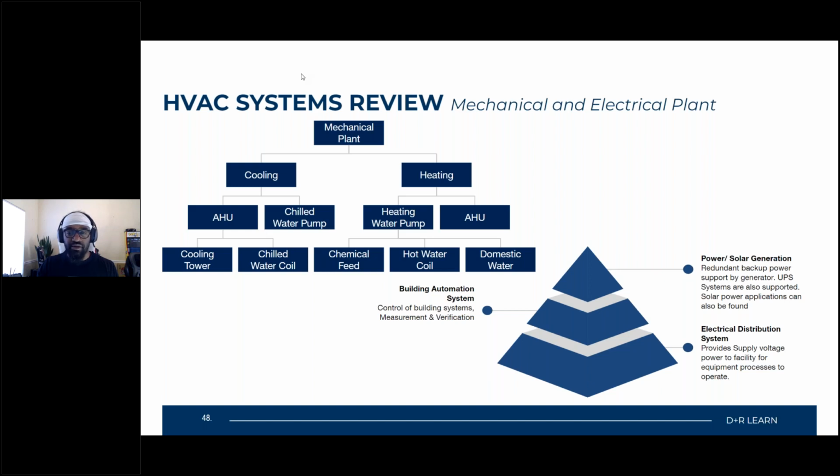So we covered mechanical plants where we started talking about what services are supplied from your mechanical plant and what types of equipment you'll find there. And one you will definitely find is that heating and cooling are two of the services that are supplied from your mechanical plants. Now, domestic hot water is also a byproduct of any type of heating application. So when you're talking about domestic hot water, that is also a service that is provided through the use of